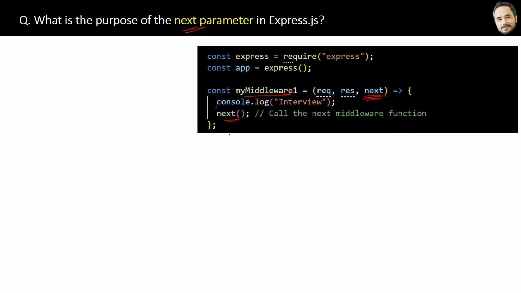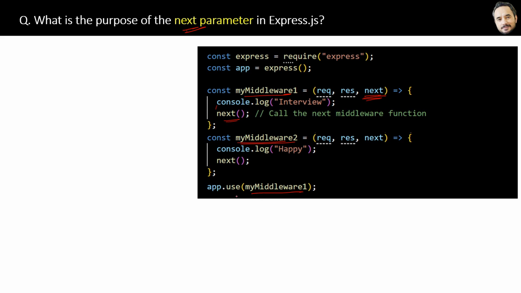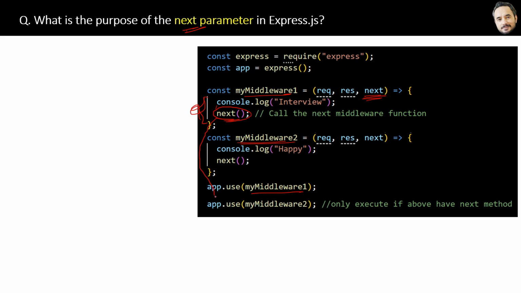Now remember, in most applications we have more than one middleware. So for example, here we have another middleware defined like this. Then first we will execute the first middleware by using this method. Now when this middleware execution is completed, in order to send the execution to the next middleware, we will call the next function at the end of the first middleware. And therefore only then will the next middleware be executed. Otherwise, if you do not use this next function, then the next middleware will never be executed.